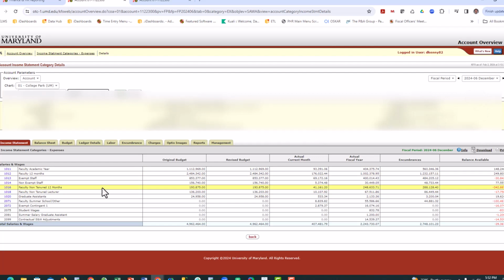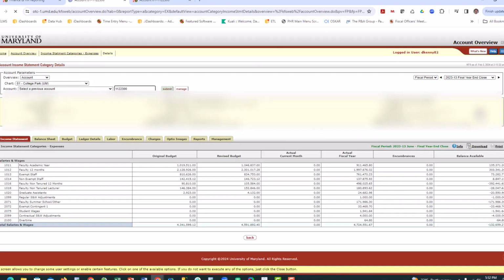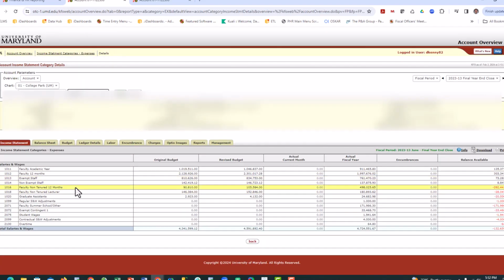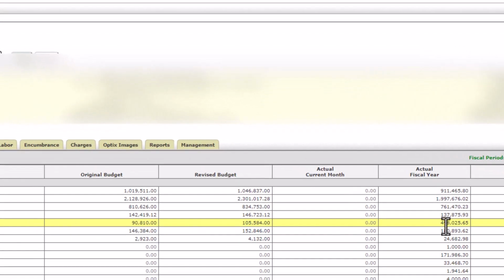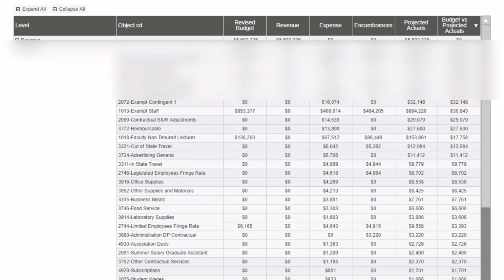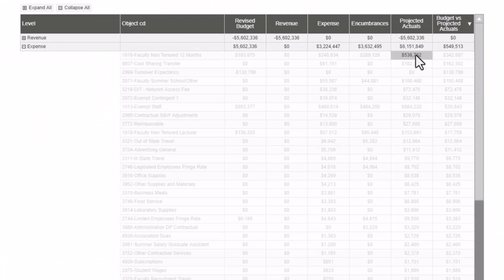Furthermore, if I wanted to do additional research inside the income statement here, a good practice is to look back at your end of year, the prior year in 2023. Now I can look at 1016 and say, well, I indeed spent about $500,000 last year. My projected amount this year is about 536. So in this case, I'm not going to make an adjustment because it appears based upon last year's value that